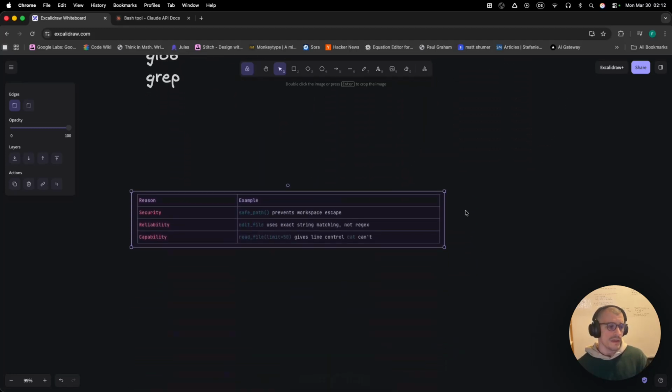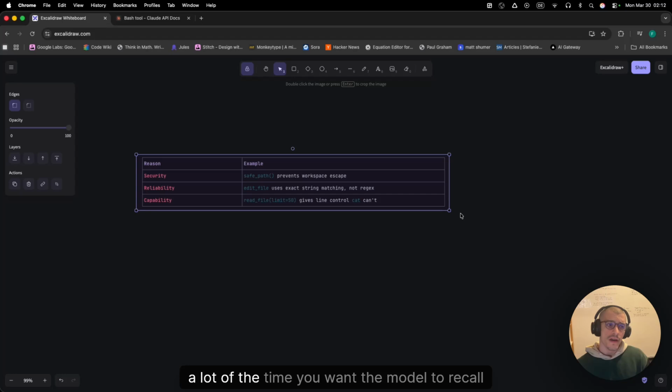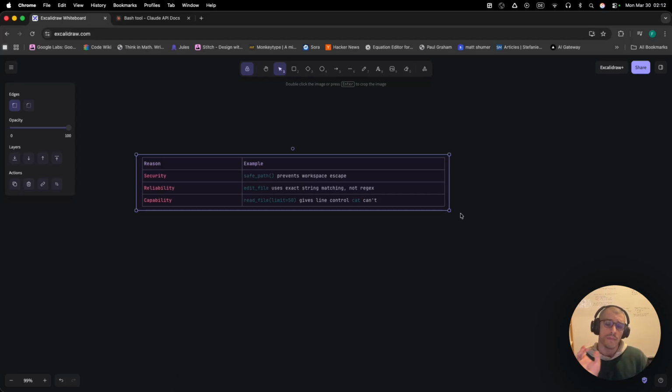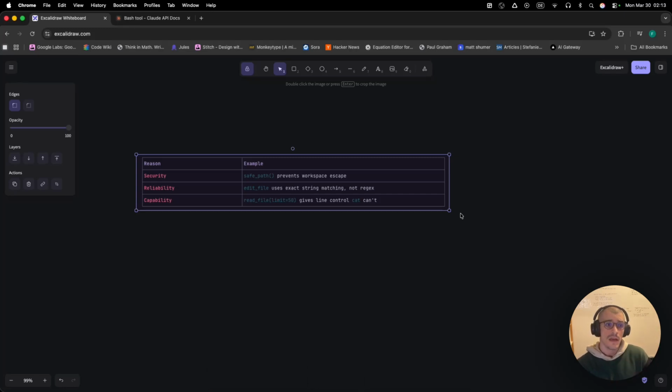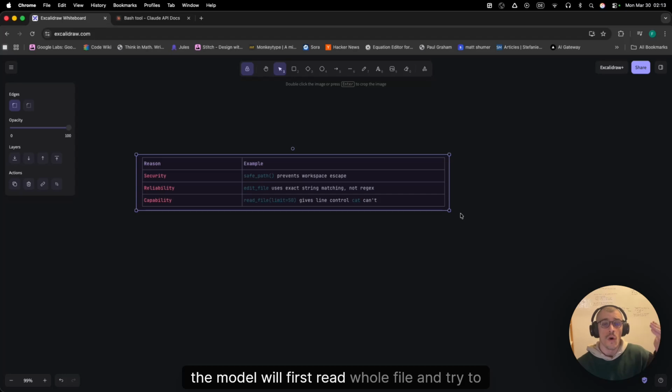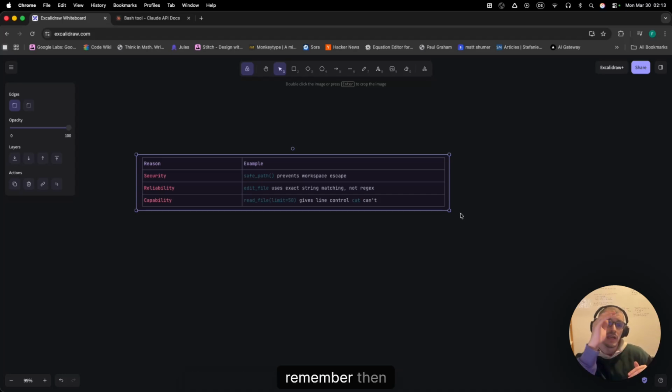It can read everything. However, a lot of the time you want the model to recall, to bring certain parts of this memory. So if you want to bring all the to-do lines in a coding file where we left some to-do tasks into a file, the model will first read the whole file, try to remember, then recall them. So what does that do? Well,